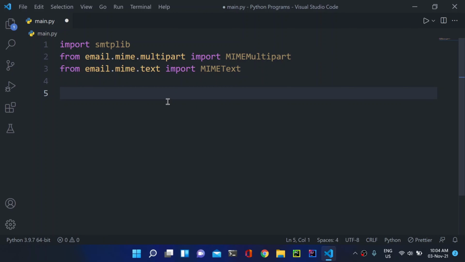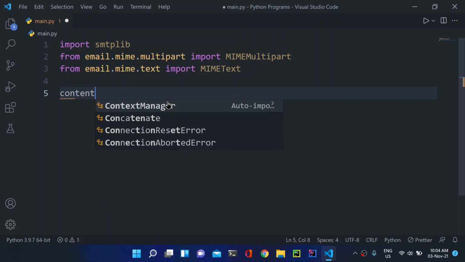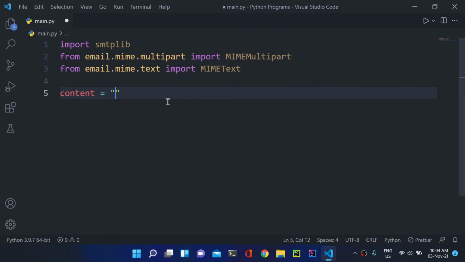So now first of all, let us create the message which we need. Let me store the message in this content. I will create a variable called content, and here I will simply write Hello, this is a test message sent with Python. Okay, so this H should be capital. So we have this content here. So we have created a content, and this will be our message now.